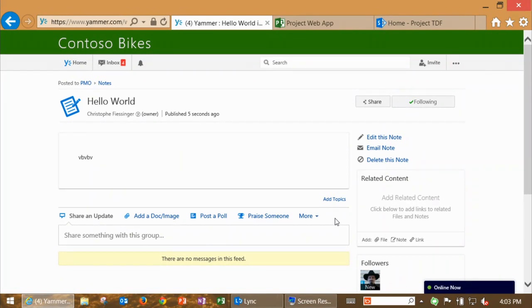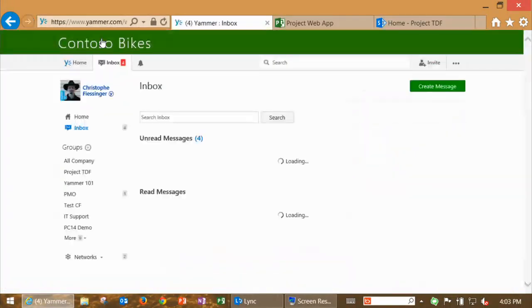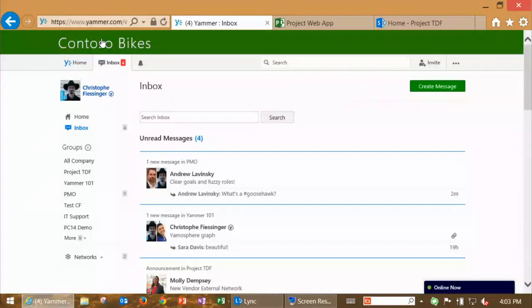Let me switch gears now. Making sure I haven't forgotten anything. Oh yeah, sorry, one more thing before I move on to project collaboration. Here's two things I want to show you. You're seeing at the top here this concept of inbox that hopefully you're all familiar with, especially for all the email users out there.